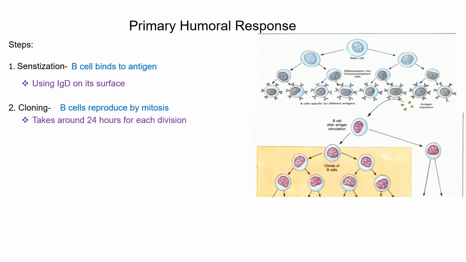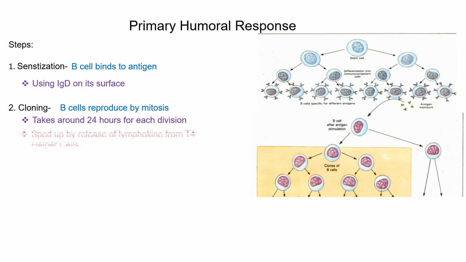That's a huge problem because bacteria in you are dividing every 20 minutes. If it's going to take this long to respond, those bacteria are going to overwhelm the system before it even has a chance to start, and you're going to die of that disease. So we have got to speed up this process. How do we do that? By using the key cell to your immune system.